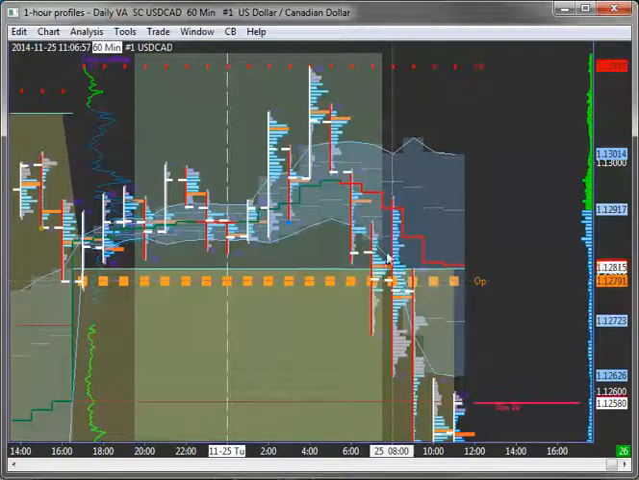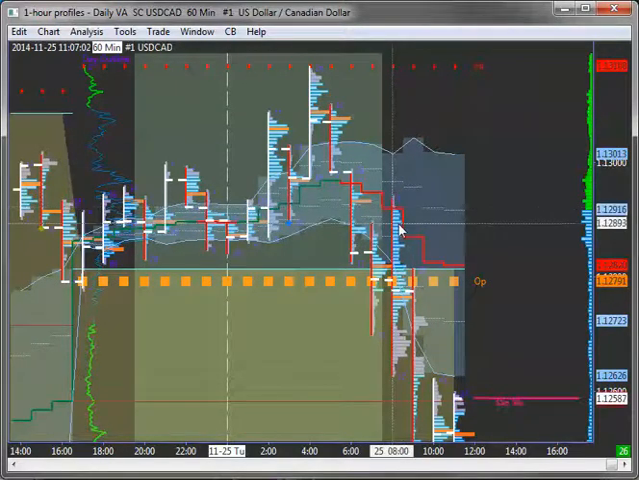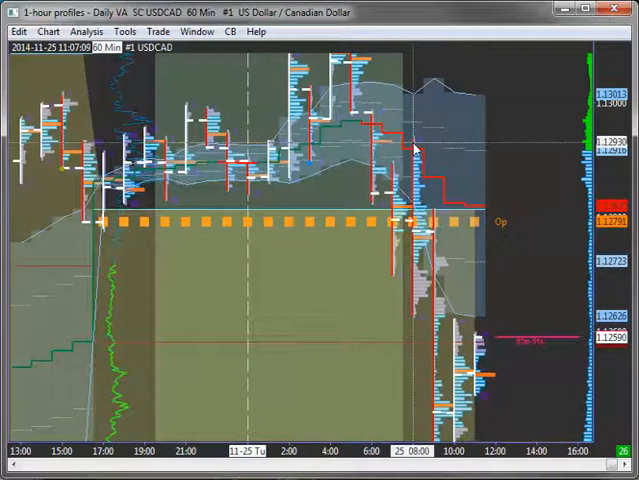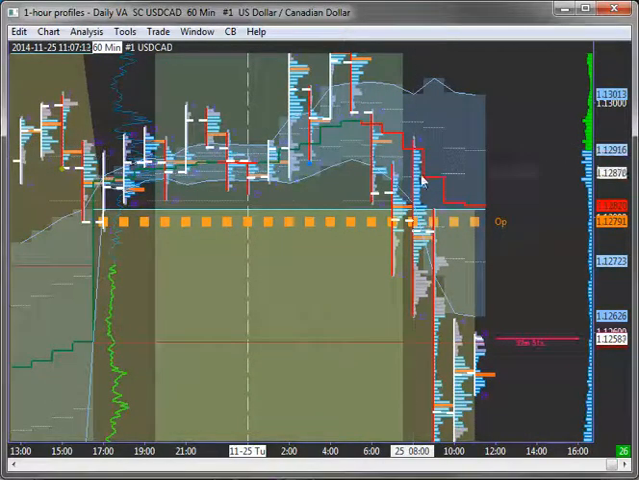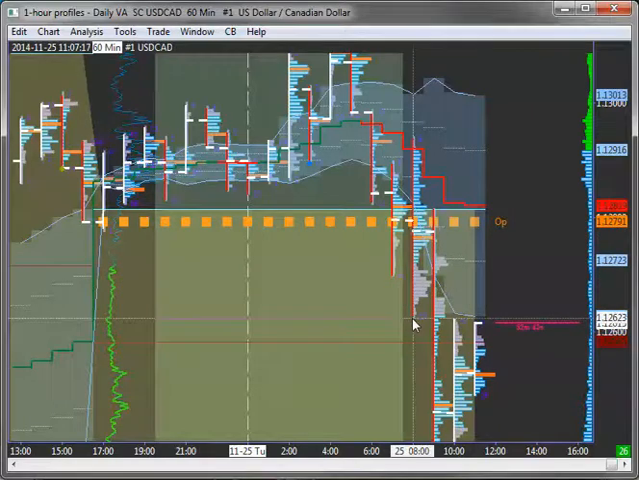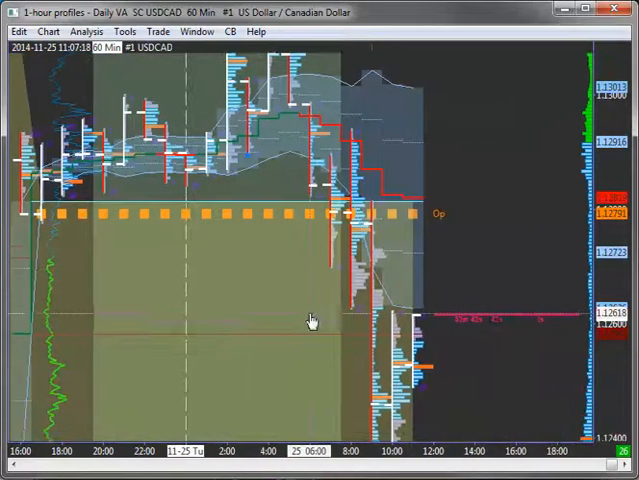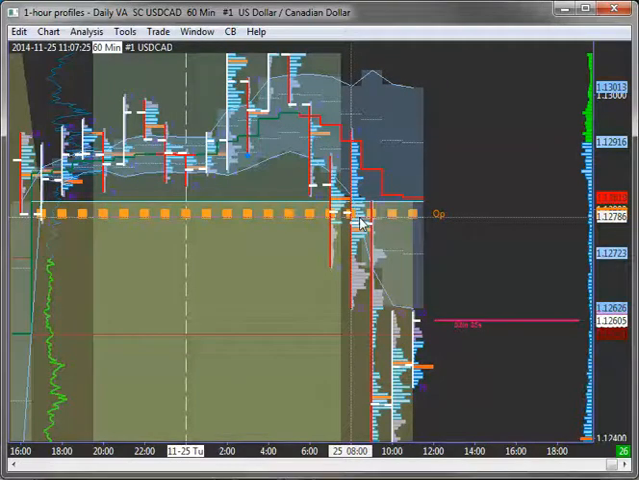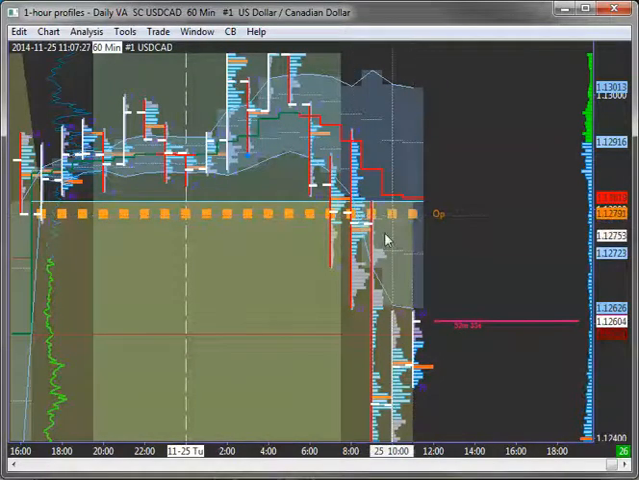8 o'clock bar, we go up and we test the developing VWAP, which now is stair stepping down, and it's red. We test that, and it holds nicely as resistance. Sellers come in, and then they move price further down. We put in new lows for the day inside of yesterday's value. The 9 o'clock bar, we then close just below yesterday's open,